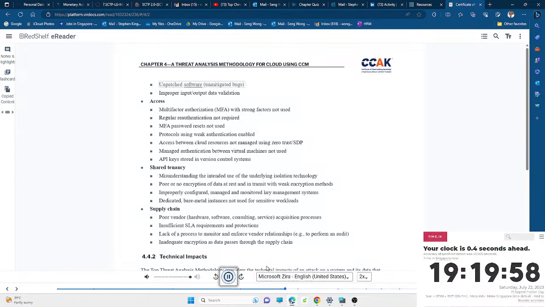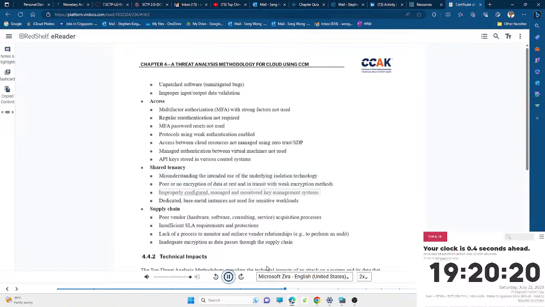Unpatched software, unmitigated bugs, improper input/output data validation. Access: multi-factor authentication, MFA, with strong factors not used, regular re-authentication not required, MFA password resets not used, protocols using weak authentication enabled, access between cloud resources not managed using zero trust/SDP, managed authentication between virtual machines not used, API keys stored in version control systems. Shared tenancy: misunderstanding the intended use of the underlying isolation technology. Poor or no encryption of data at rest and in transit, with weak encryption methods,